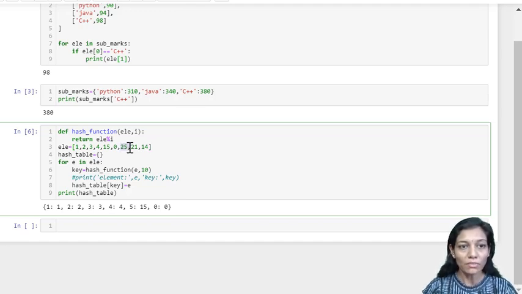So 25 modulo 10 will return you 5, and 5 is already occupied with element 15. As you can see over here, at the location 5 you are having 15, right?